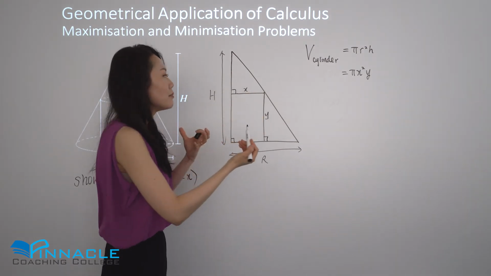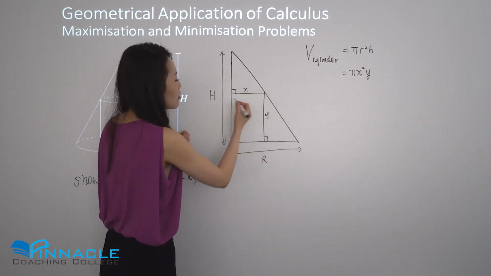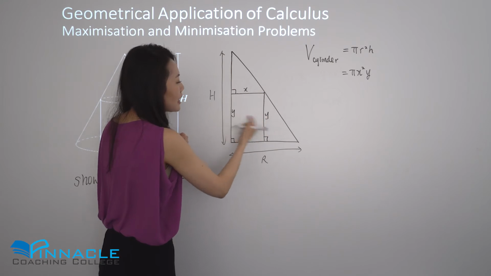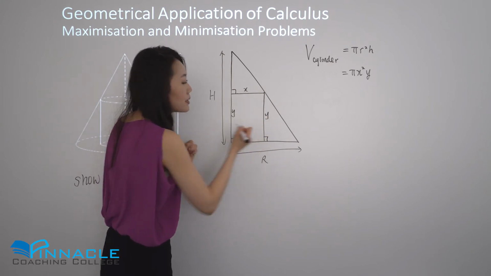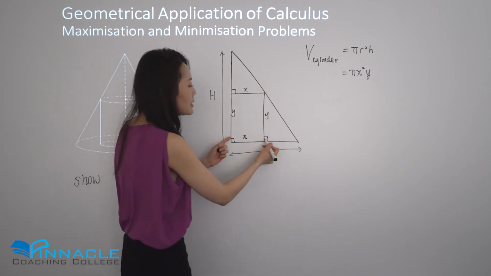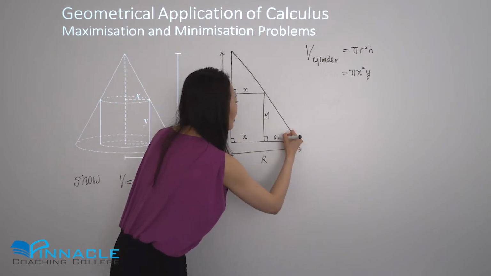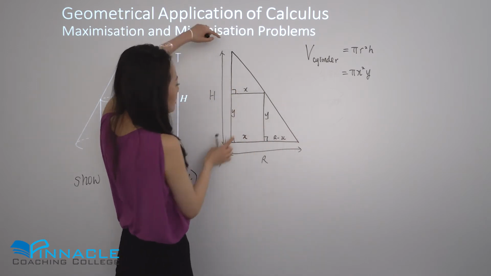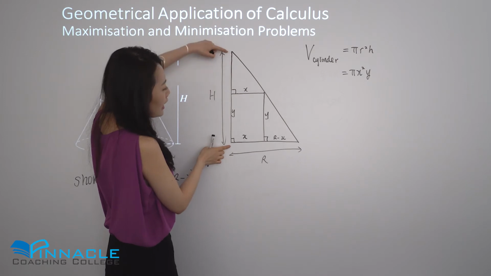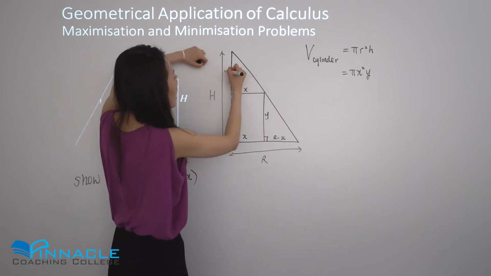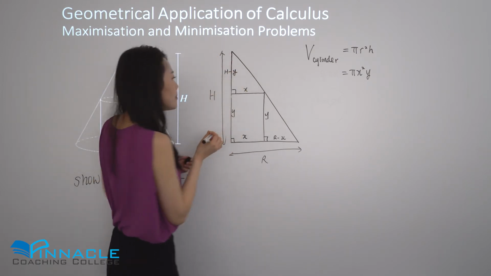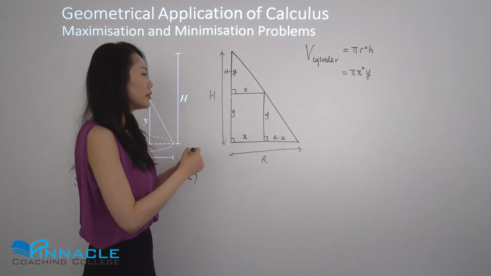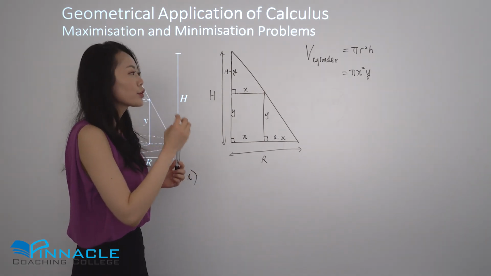Just writing in some dimensions. So this is a rectangle, so that should be y because opposite sides are equal, and this should be x, opposite sides are equal. And if this is x and this is r, that must be r minus x. And same here, if this is height, h, this is y, this is h minus y. Okay, so now once you know which